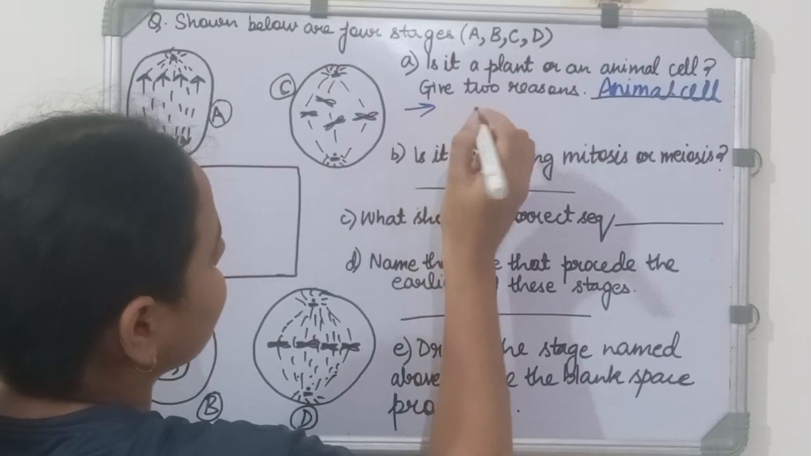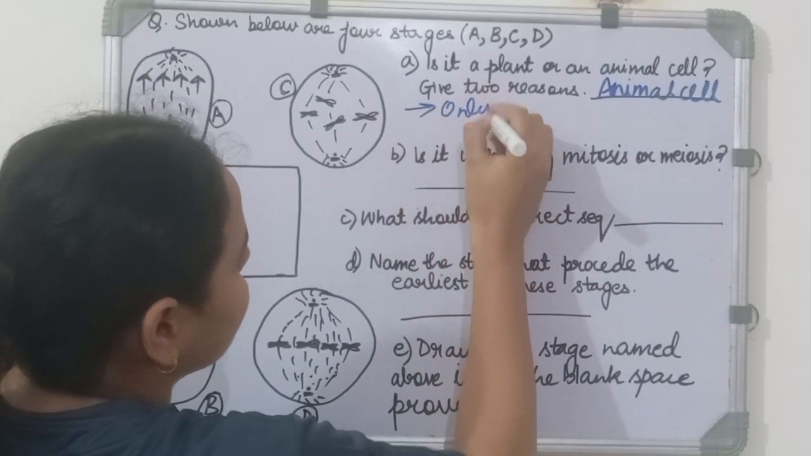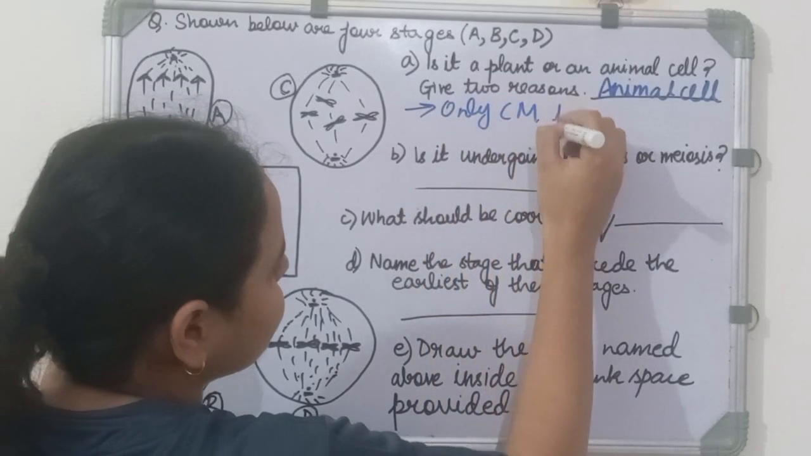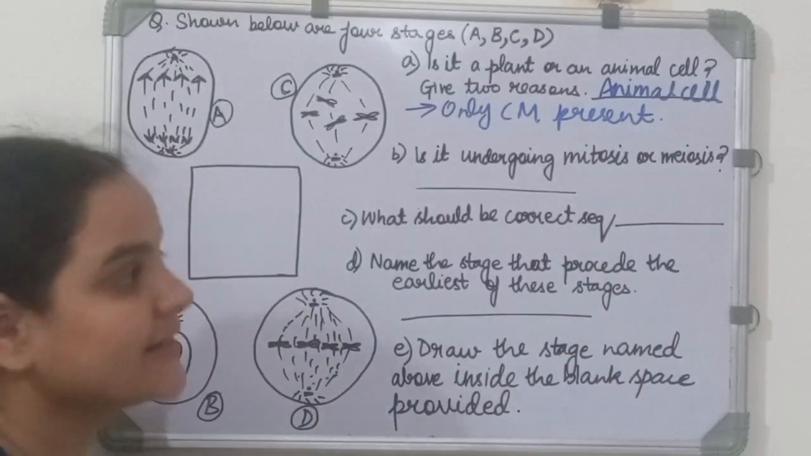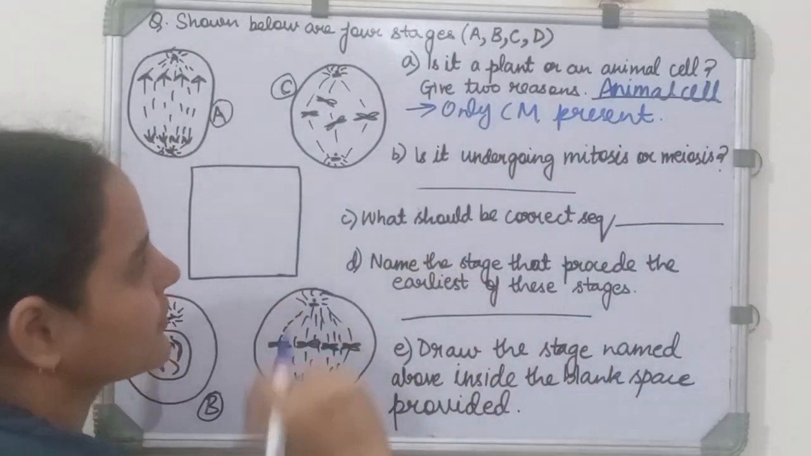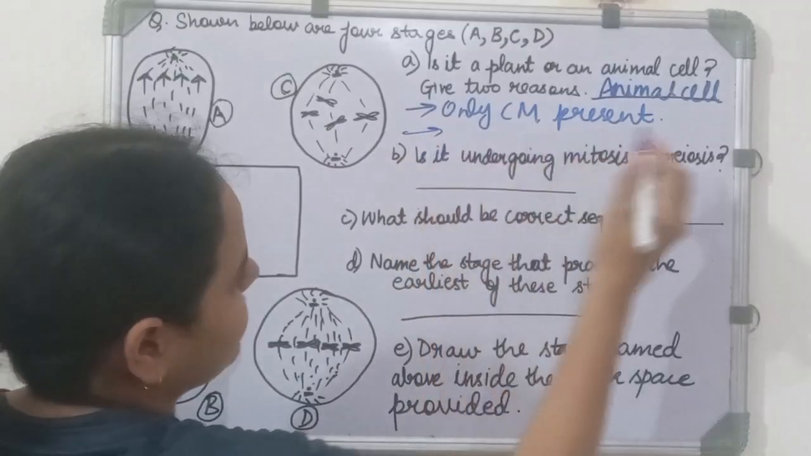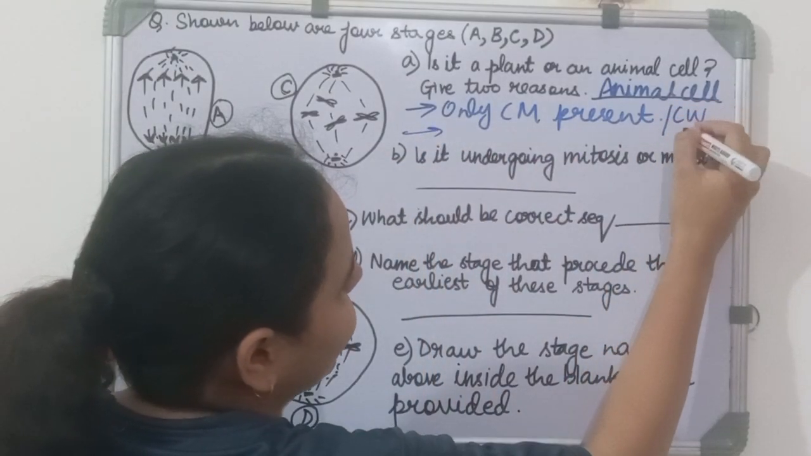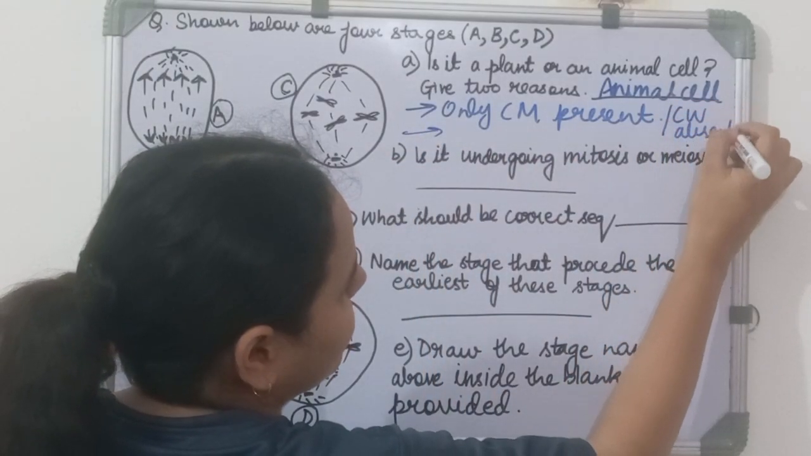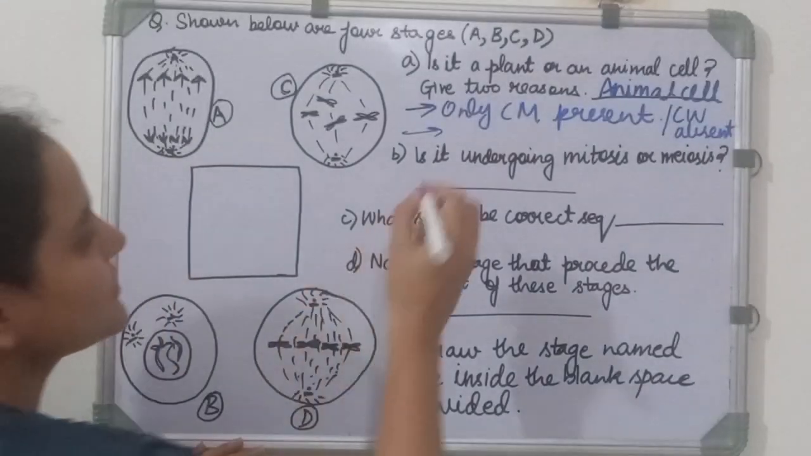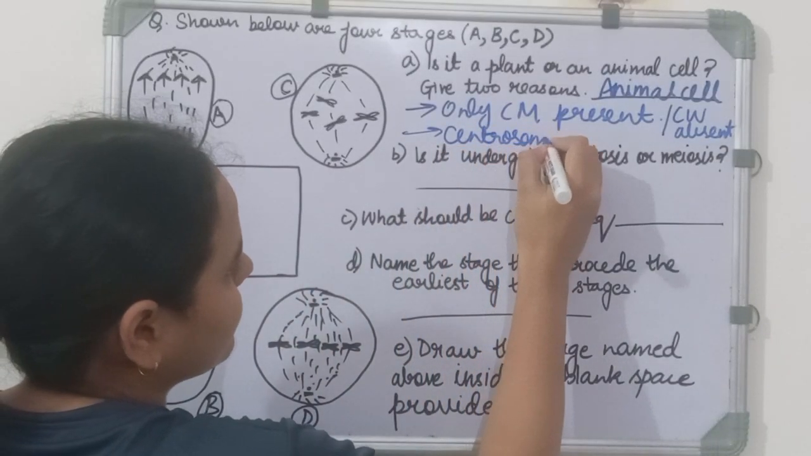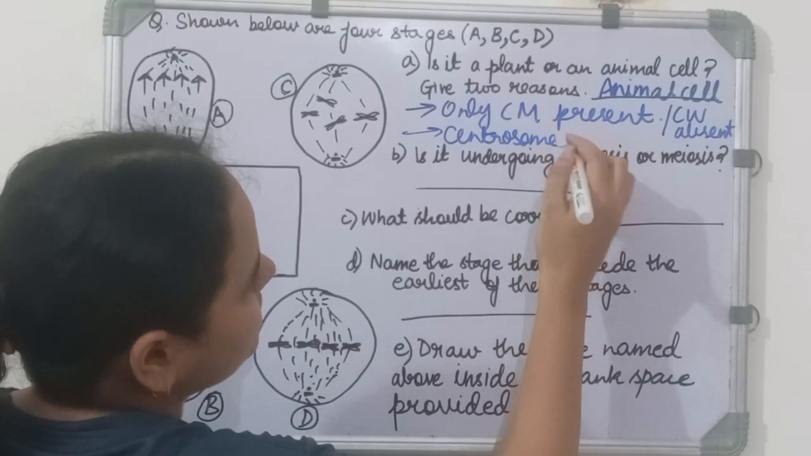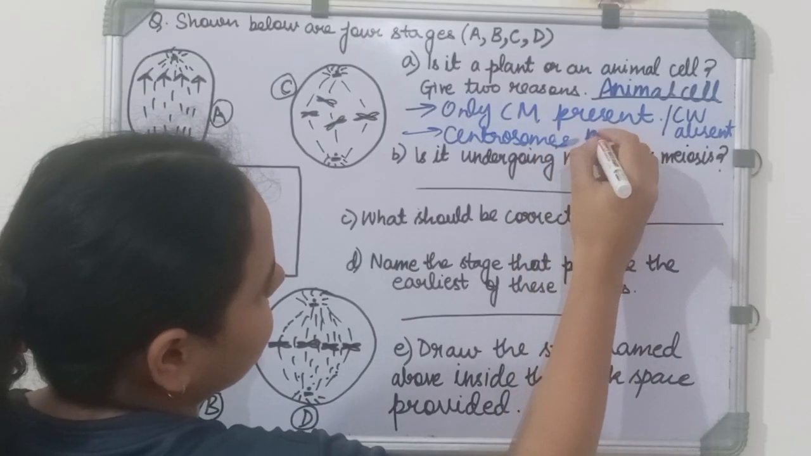Reason: only cell membrane present, or you can write cell wall absent. Okay, you can write cell wall absent. Now next reason, centrosomes present. Centrosomes present. Okay,